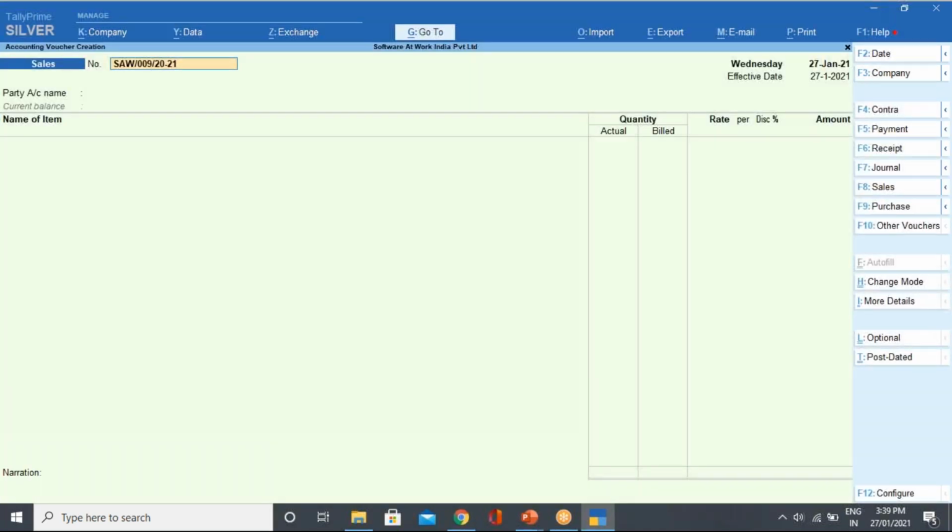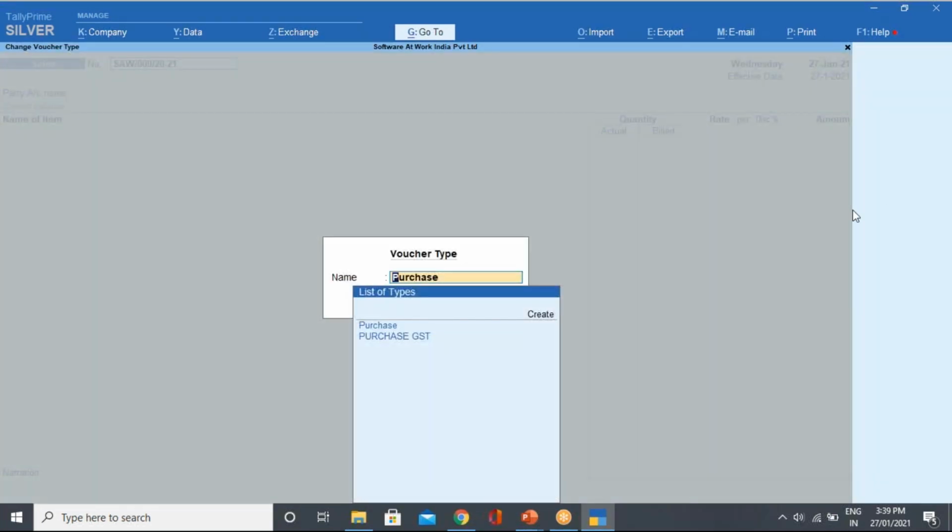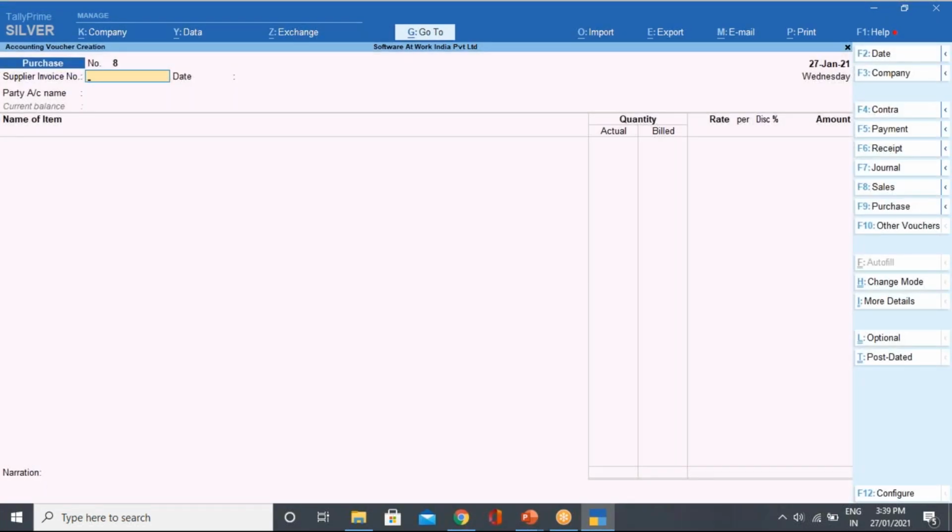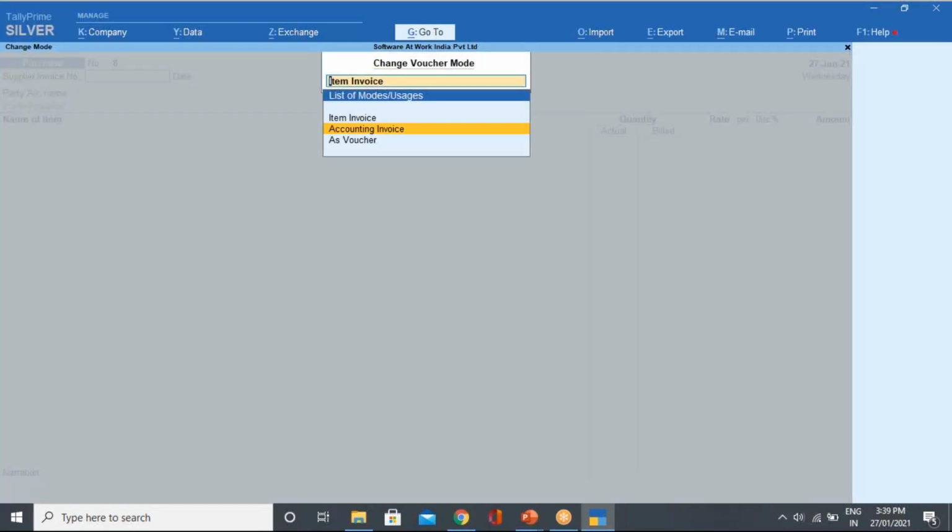So again, I will go to the voucher. I'll come to the purchase first. For the time being, I will just remove this one and change the mode to invoice mode.